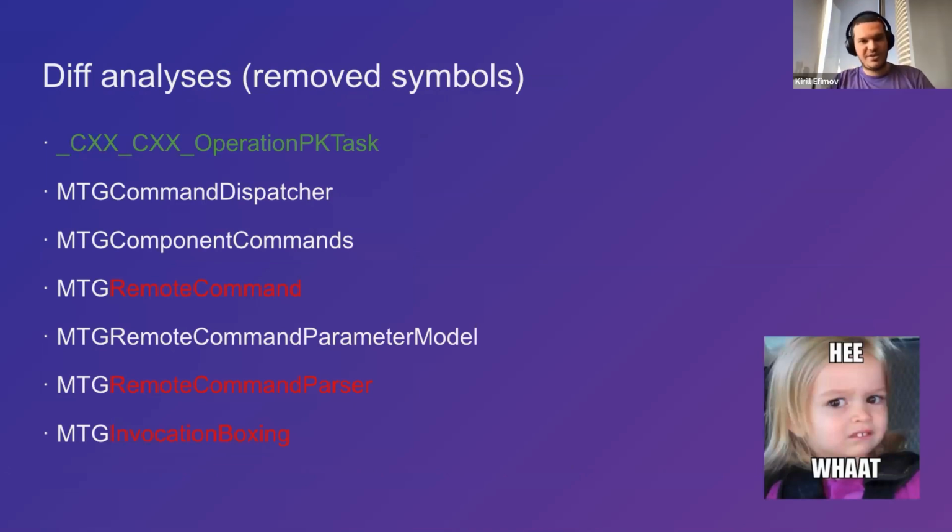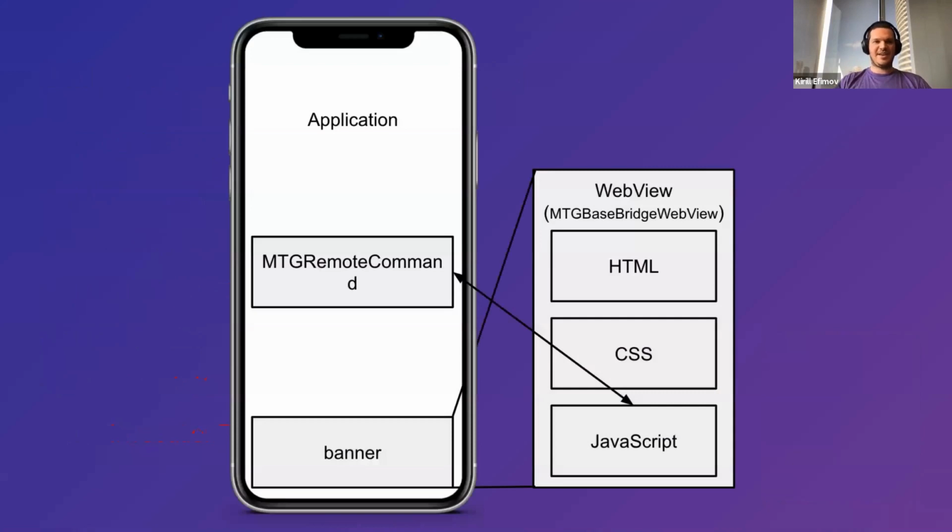On this slide, you can see classes which were present in the original closed source version, but were deleted from the open source. The first one, CX6 stuff, is already known tracking functionality. But what is RemoteCommand? Why haven't I looked at it before? And why did they decide to delete it from the open source? So